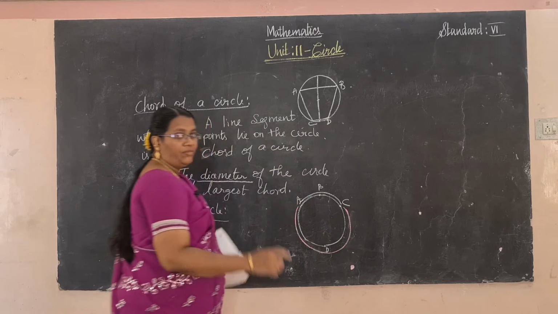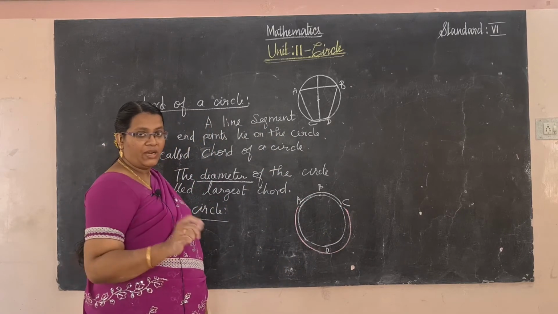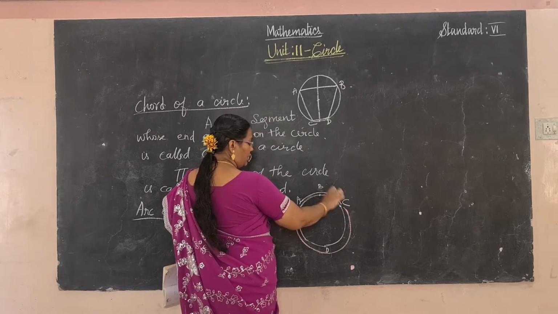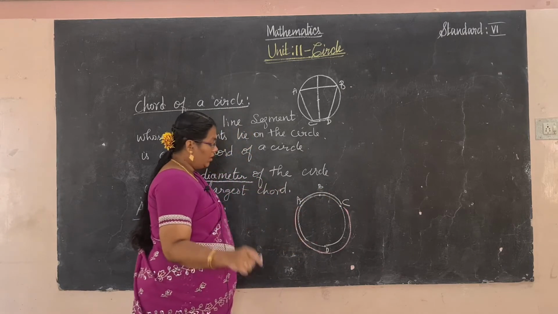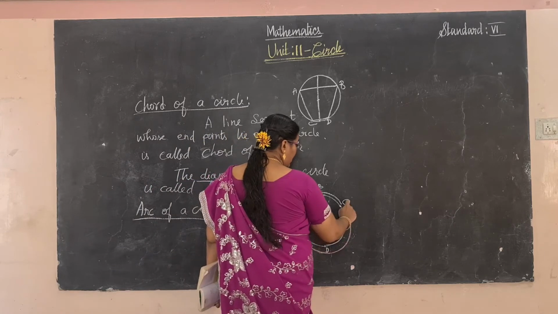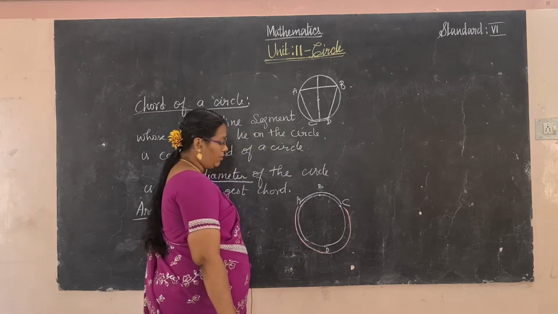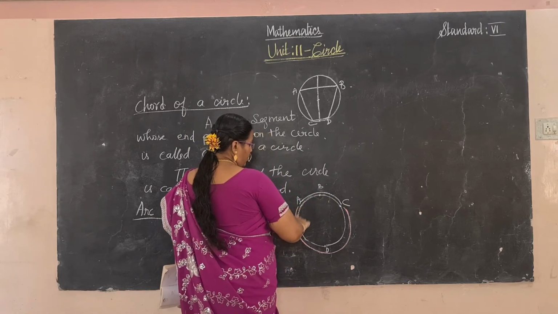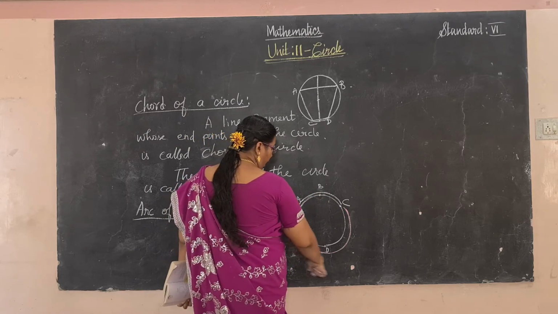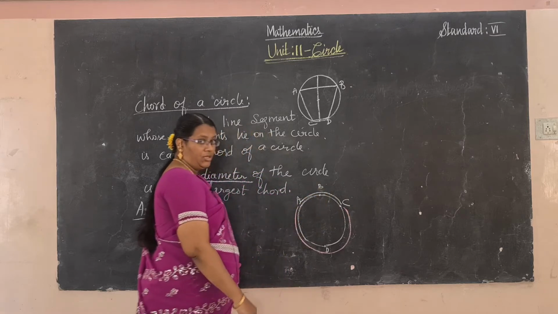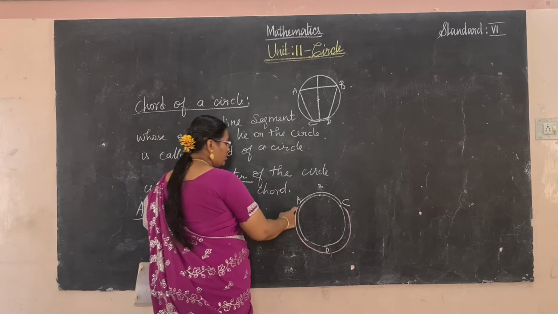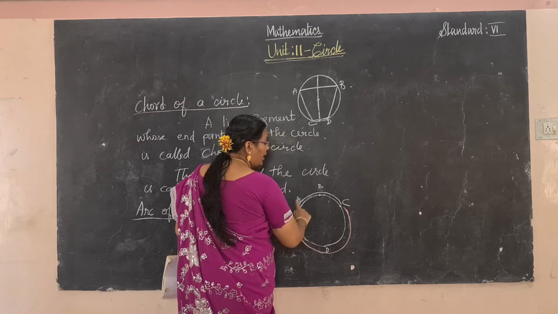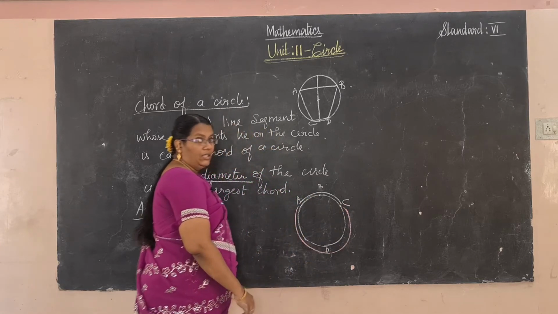From the beginning I have shortly explained everything. ABC is called the minor arc. ADC is called the major arc. Why? This one is the shortest arc, while here the boundary of the arc is very large. Comparing these two, ADC is called the major arc and ABC the minor arc.